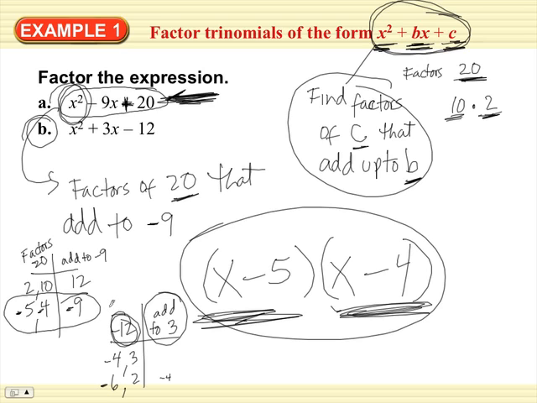We don't want decimals. When we factor, we'll never factor with decimals, so that's nice for you. You've got to think of whole numbers. Multiply to negative 12, add to 3. There aren't any. So therefore,